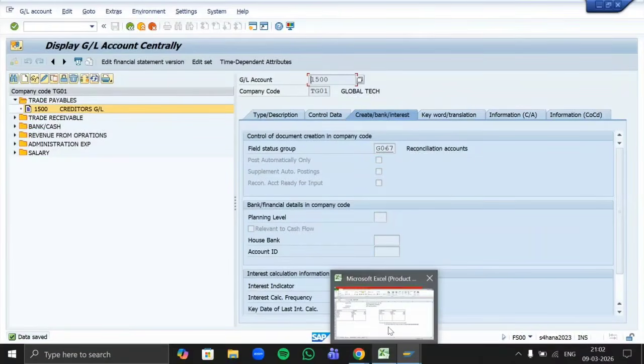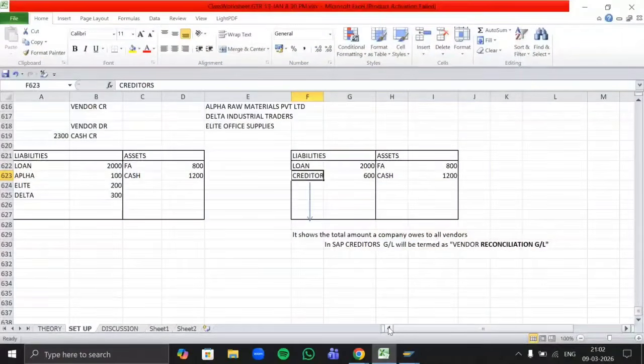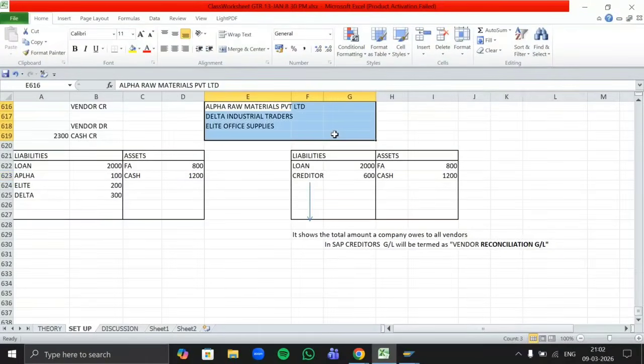Now we'll come to the configuration for the vendors. If I want to create these three vendors, then here also we need a vendor group. Why do we need a vendor group? Same purpose as why we created a customer group. Because in our company, we'll have multiple types of vendors, right? So this vendor group will be used to organize our vendors into specific categories.